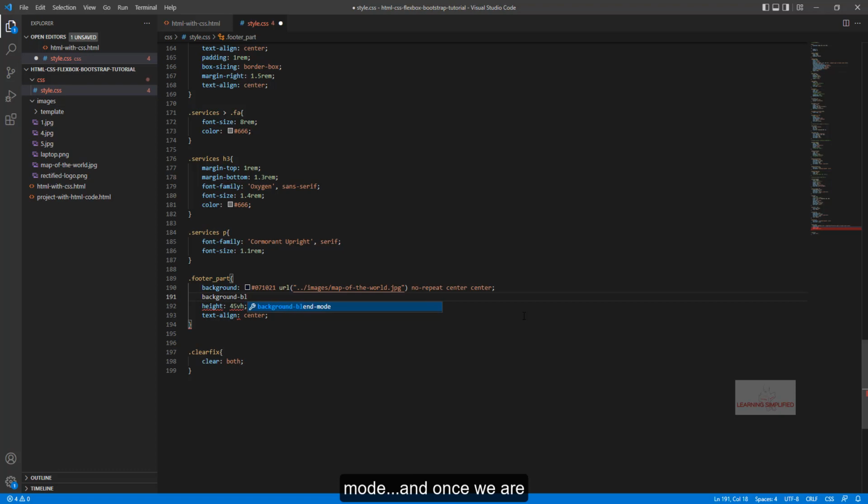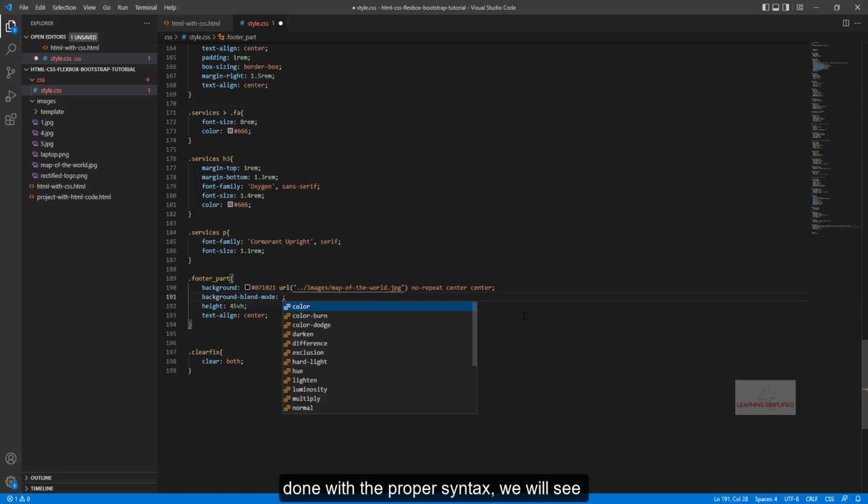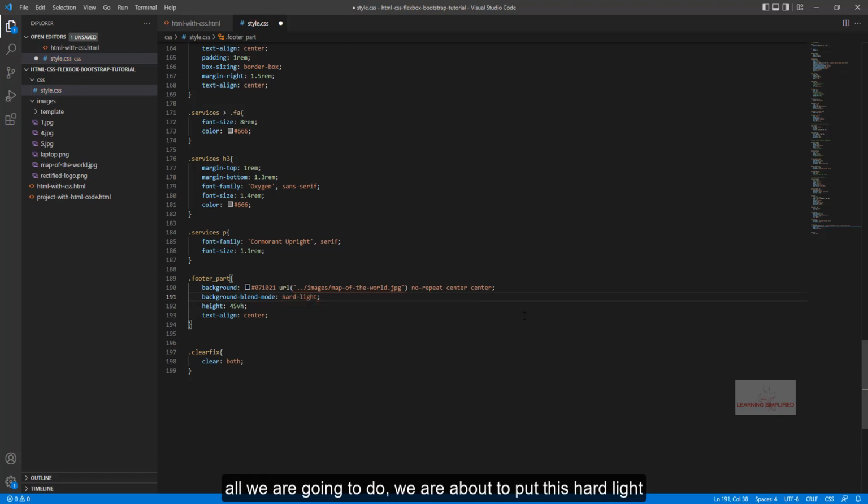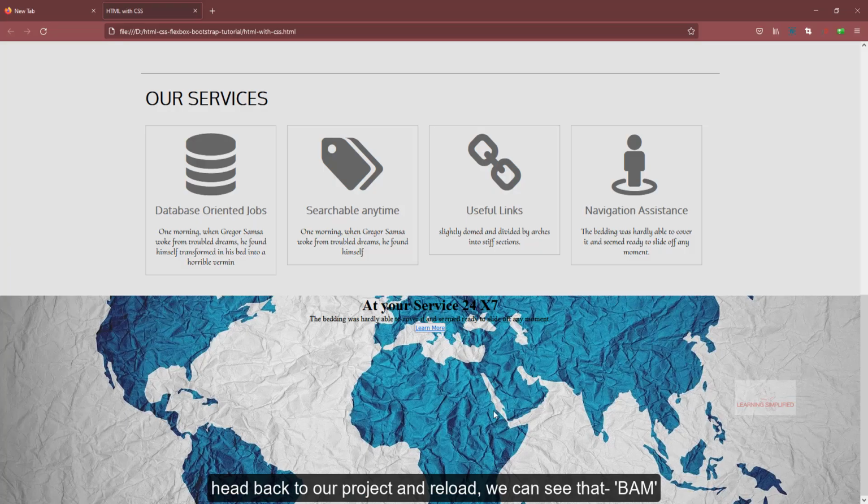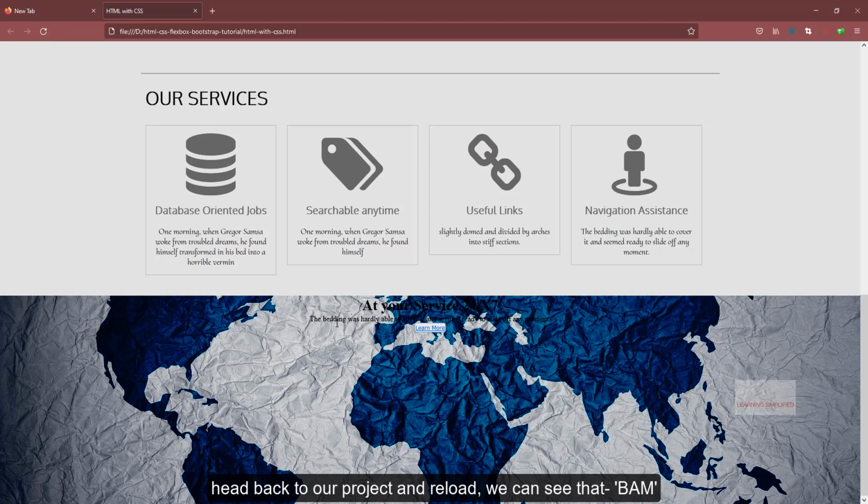and once we are done with the proper syntax, we will see the outcoming result of it. So in the first case, all we are going to do is put this hard light property here, and if we now head back to our project and reload, we can see that bang, there goes the magic. We can see that this background color and the image both are working together fine